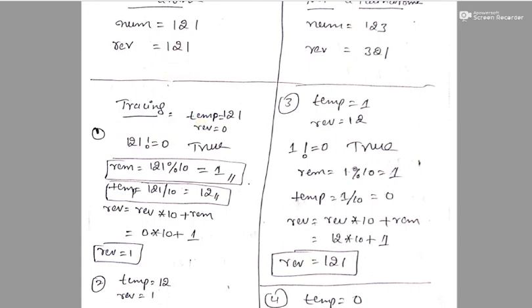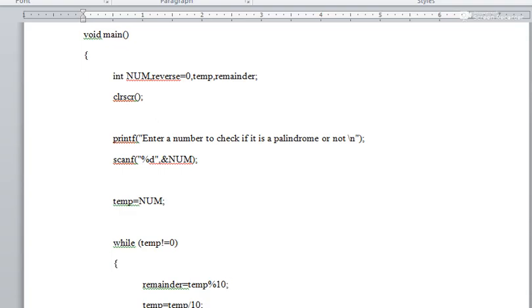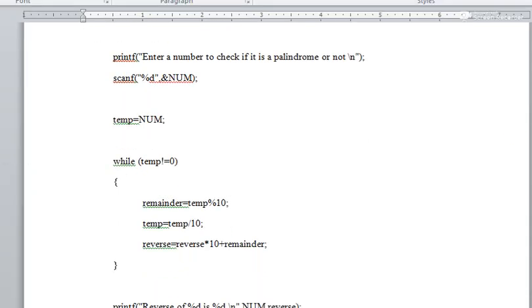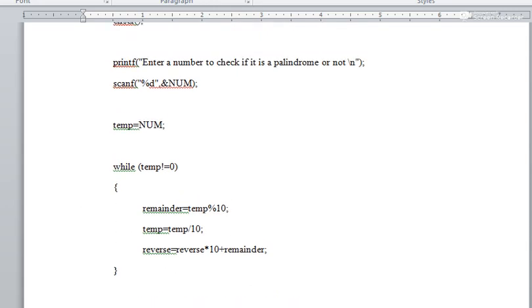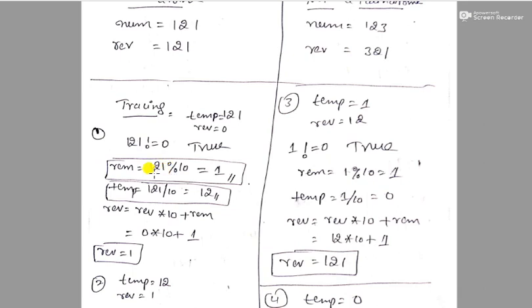First we have to check that temp is not equal to 0. Here temp value is 121, which is not equal to 0, so the condition is true. After the condition is true, you have to find the remainder.